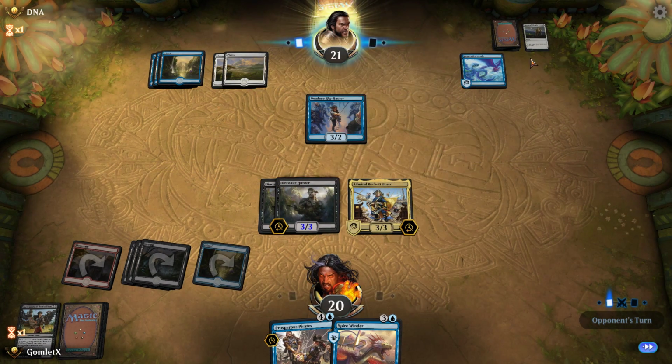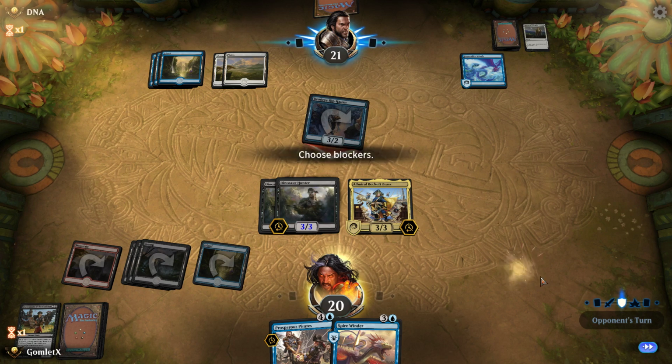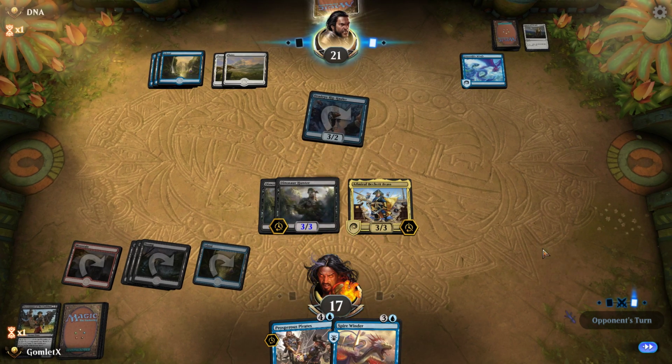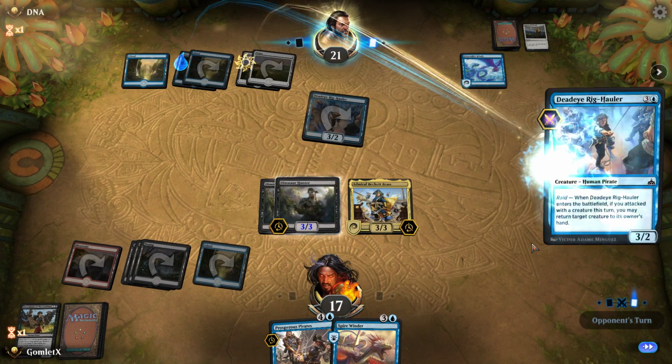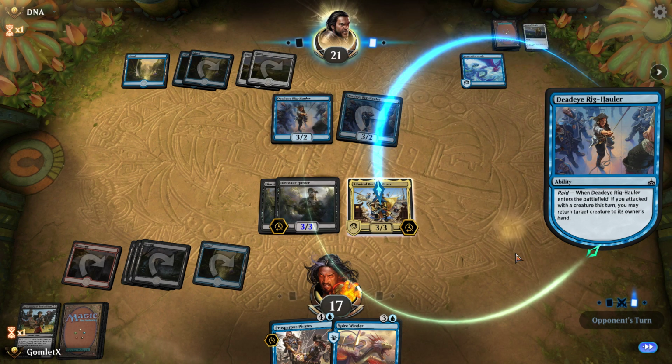I got to get rid of all of the cards in their hand at the price of my Forerunner, which isn't that hefty of a price. Forerunner is alright, but not that good. They definitely have a raid trigger here. Yep, just gonna bounce my Beckett Brass. Seems fine. Alright, well,